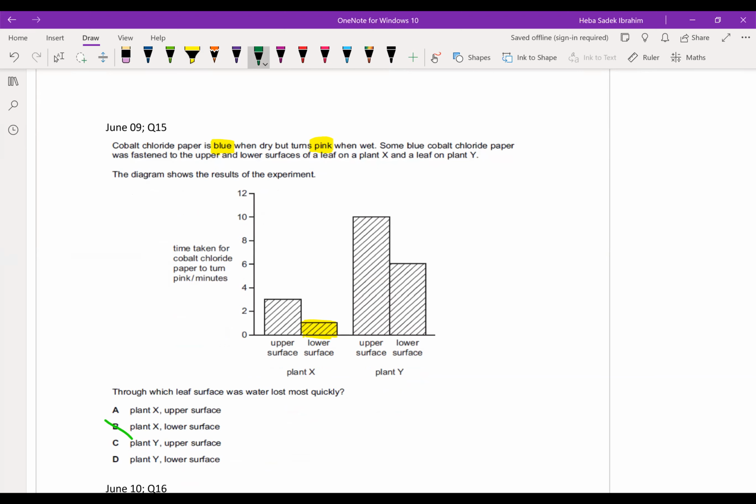يبقى احنا بنجيب الليف بتاعتنا اهي ونيجي نحط من فوق cobalt chloride ونحط من تحت cobalt chloride ونعمل بالتايمر ونشوف how long it takes for this to turn pink. كل ما يبقى water loss faster كل ما it turns pink quicker. So it will take less time to turn pink. يبقى أنا هنا التركة في السؤال إن أنا أبقى مدرك إنه the faster it turns pink, that means the more water that's being lost from that surface. تمام كده؟